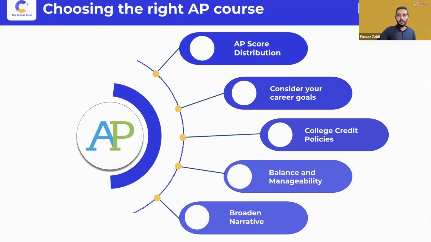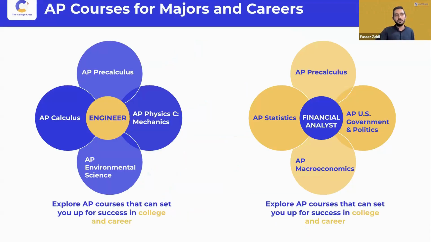So, for example, if you're interested in engineering, AP Calculus, Pre-Calculus, AP Calculus BC, AB, and AP Physics C Mechanics will all make quite a lot of sense. If you look at the presentation now, that's one bucket we have created for students, engineers, on the left side, where you could look at AP Calculus and AP Physics Mechanics, exactly the ones I was talking about, AP Calculus AB and BC, and you could also complement this with Environmental Sciences.